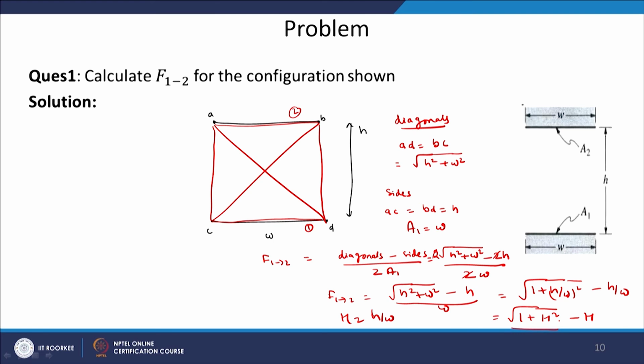So, the method is very powerful, with the only limitation that the plates have to be infinite in depth. If you have finite length plates, the method may not be applied. Thank you very much. This basically concludes one important topic on view factor evaluation. We still have a number of methods for the evaluation of view factors, namely the inside sphere method and the Monte Carlo method, that we will take in the subsequent chapters. Thank you.